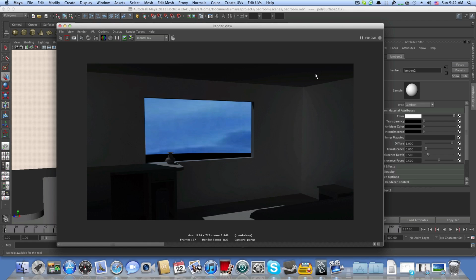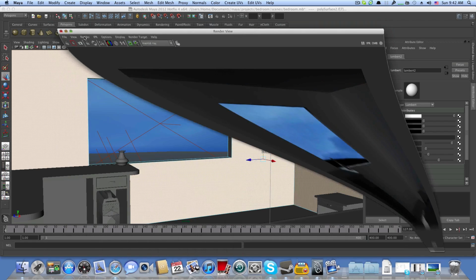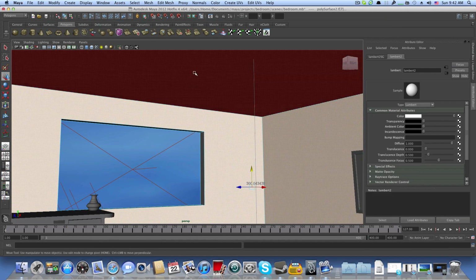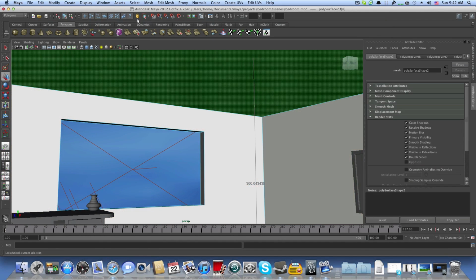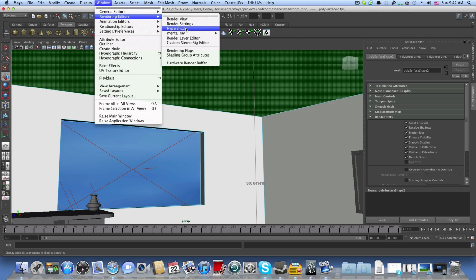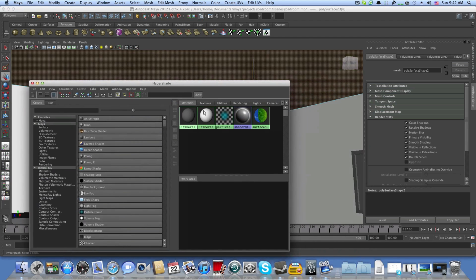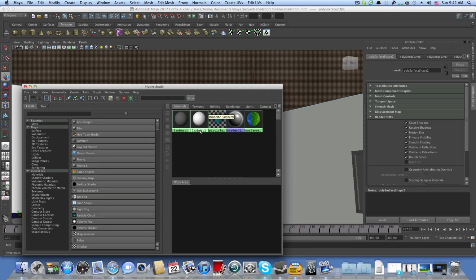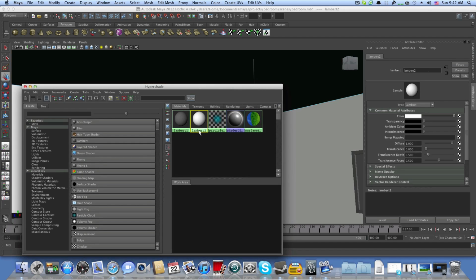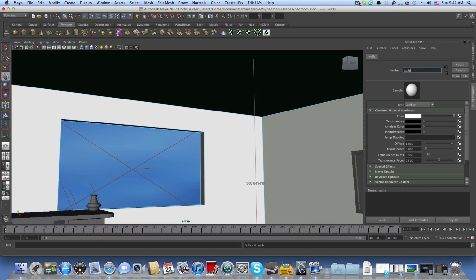And now I forgot to tell you to add the same Lambert color to the ceiling. So what we are going to do now is add this color to the ceiling by opening Window, Rendering Editors, and Hypershade, and here you can see our Lambert 2, which is the color for the walls. You can tap on it and then change the name for it to walls,